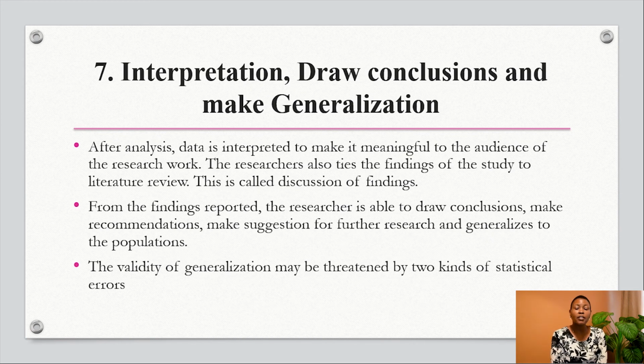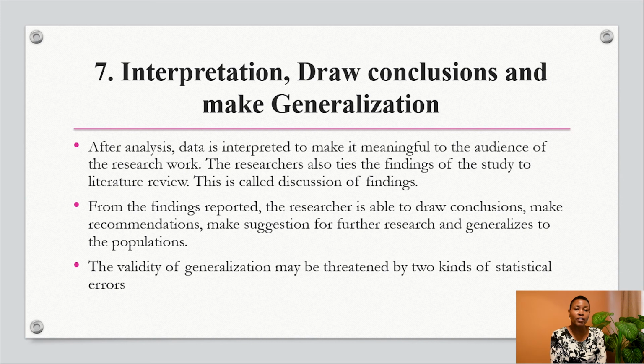Step 7 is interpretation, drawing conclusions, and now making generalization based on the findings of the study. So after analysis, data is interpreted to make it meaningful to the audience of the research work. From the findings reported, the researcher is able to draw conclusions, make recommendations, make suggestions for further research, and generalize